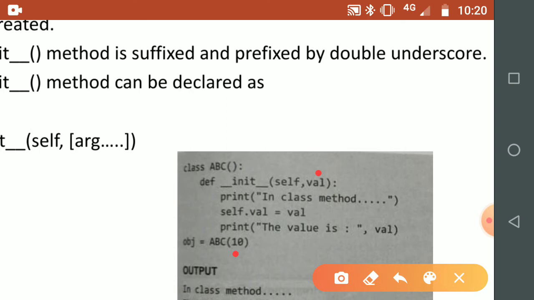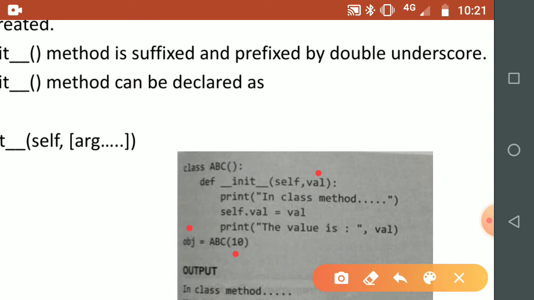Self is one of the variables which is the reference to the object. It is compulsory when you take any method inside a class: the self parameter is compulsory, which you have to take at the first position inside the brackets of that particular method, and it always refers to the current object of your class.